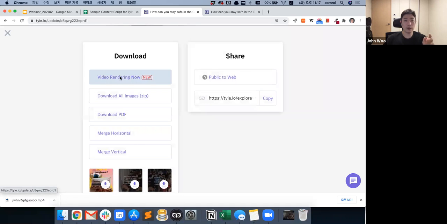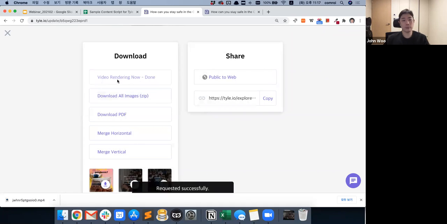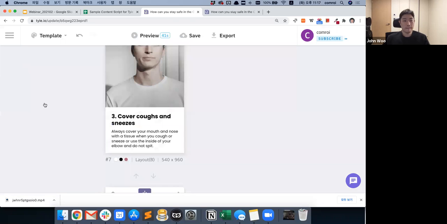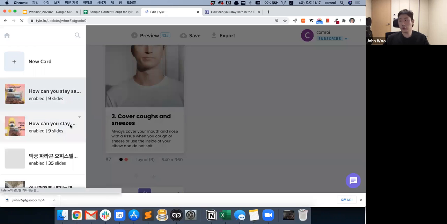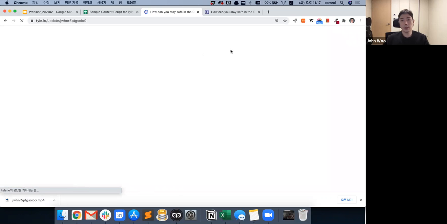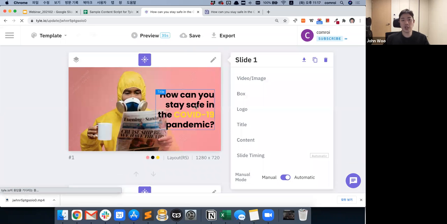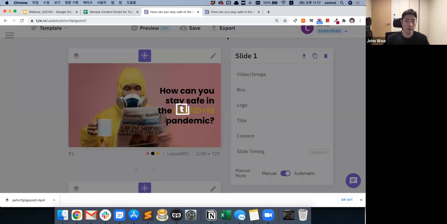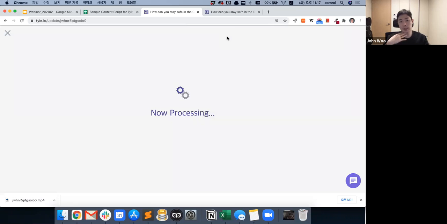Then click the render button once more. Here's the thing. And I'd like to show you this as a last one. If you change things, what you need to do is click this export button to finalize your work. If you share your content with the sharing URL,